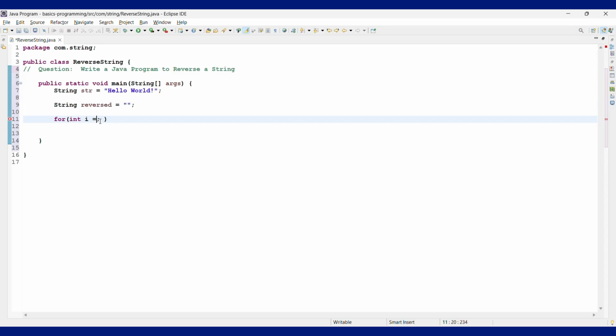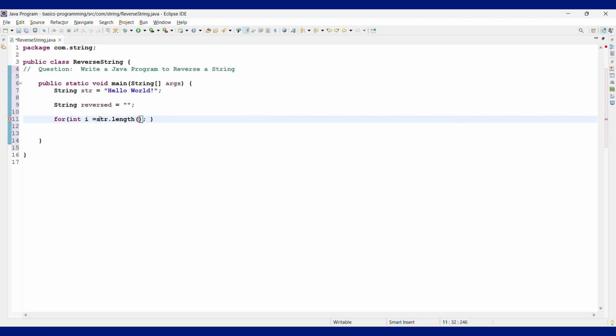So that means our i should start from the length of the string, meaning from the last. Whatever the length of the string, it will go from the last of the string. Then we have to print it. So how to do that? We just need str.length